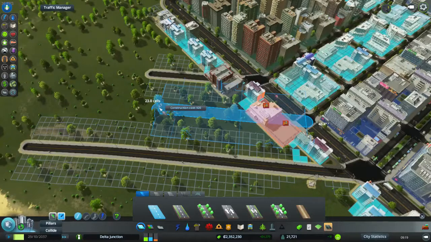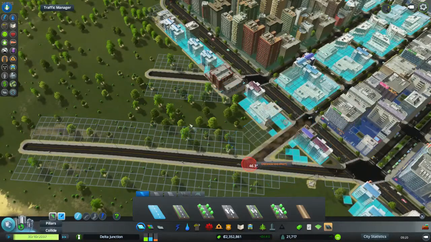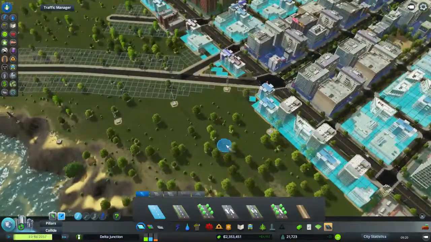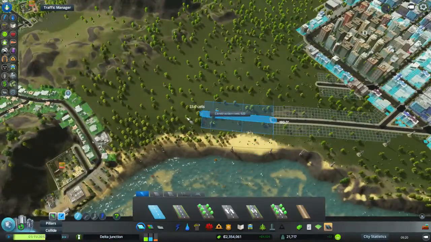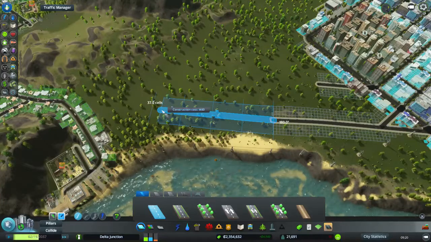46.4. It eats up my space. I mean, I'm not doing it effectively. You know what? I'm going to go 90. Alright, there. I'm going to go there. Now, so that's my grid. We're gonna take it. Nope, we went 8. We're gonna take it to there